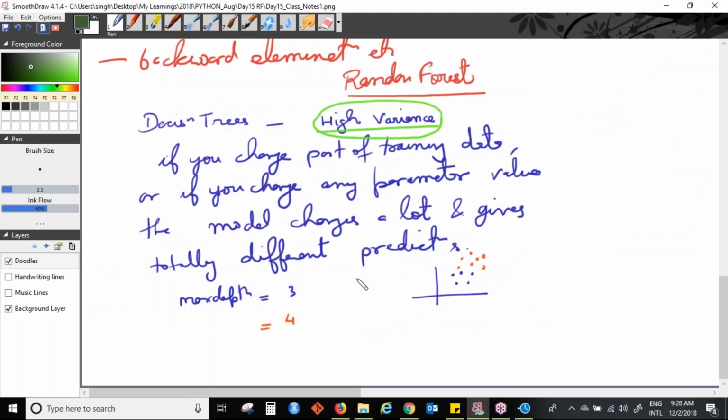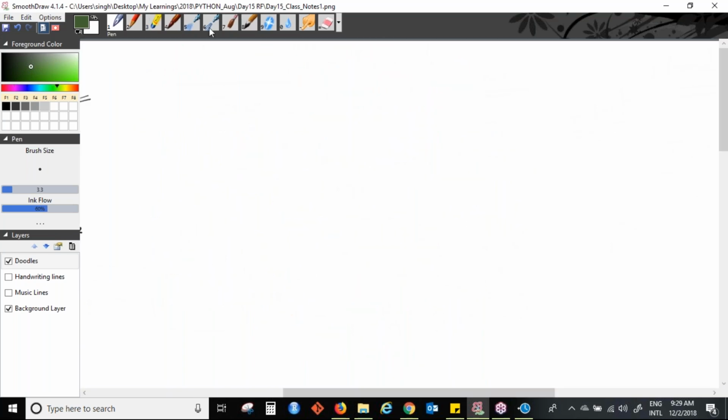Now how do we fix this? Because decision tree models are great otherwise, they are very interpretable. They give us a nice tree like structure which anybody can follow. Even non-technical people can follow a decision tree model, but the only disadvantage is that it has high variance. So we fix this by slightly changing the model, and then we call it a random forest model. So let's study what this is all about.